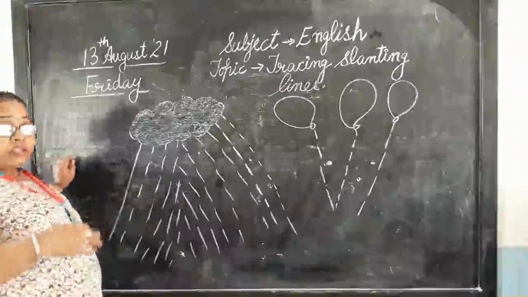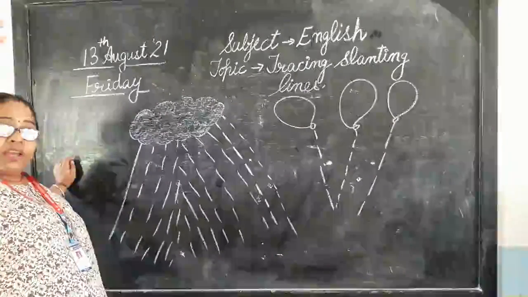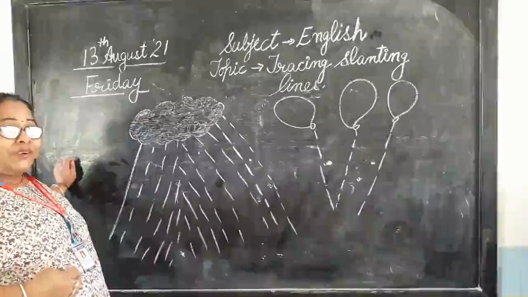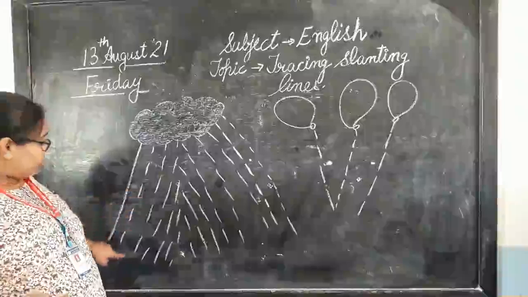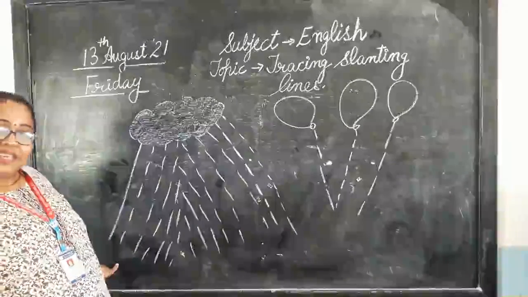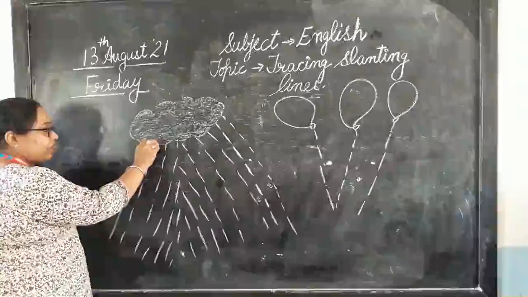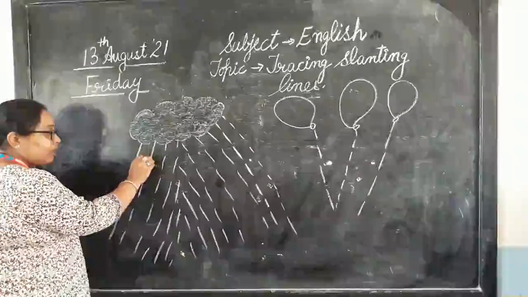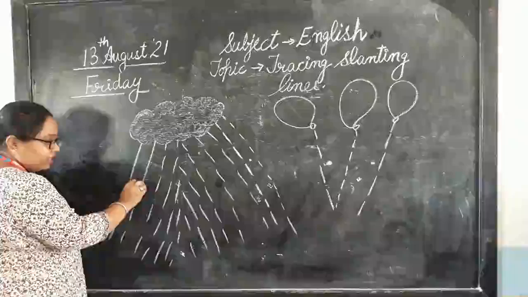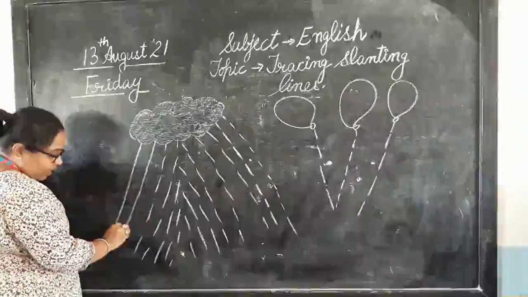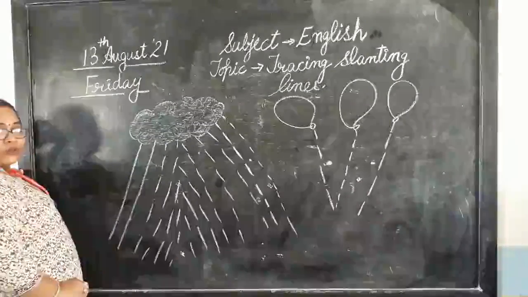अब देखो बारिश नीचे से ऊपर नहीं जाती, राइट? ऊपर से नीचे आती है. So what you will do? From cloud to bottom. ठीक है? Follow this. आपको cloud से begin करना है क्योंकि rain तो cloud से begin करके फिर नीचे आती है ना? So like this, slowly and slowly you will come down.